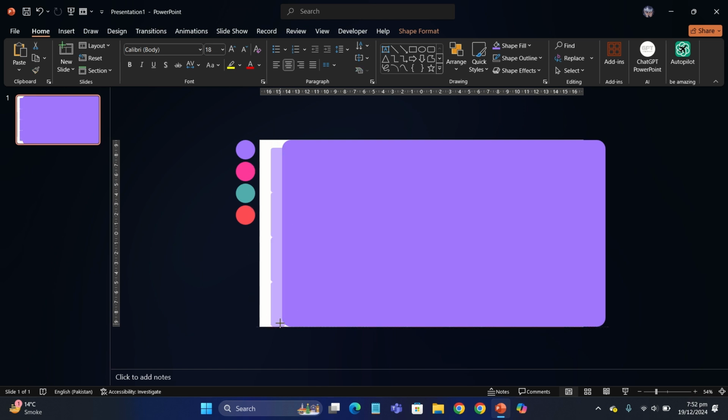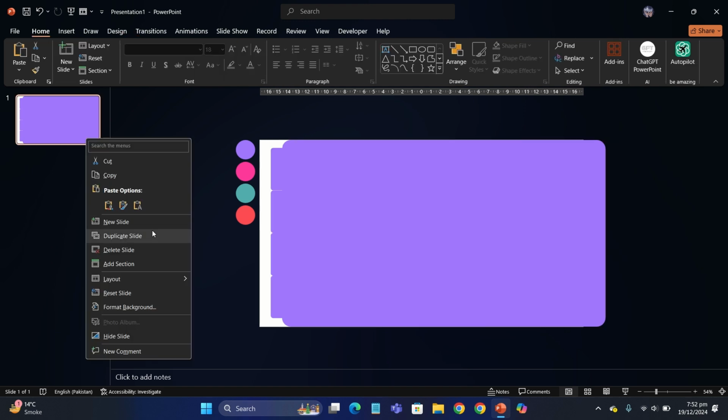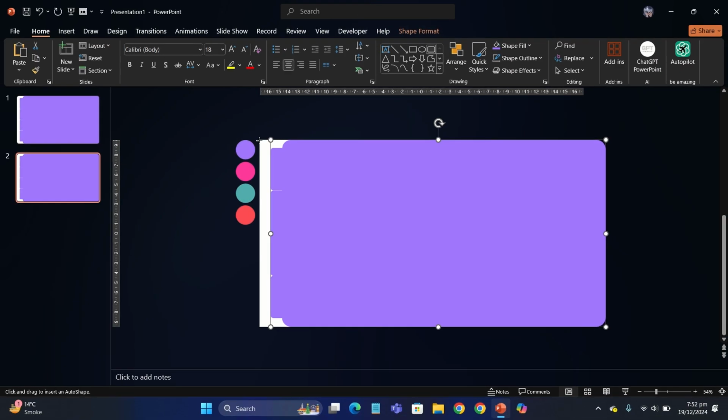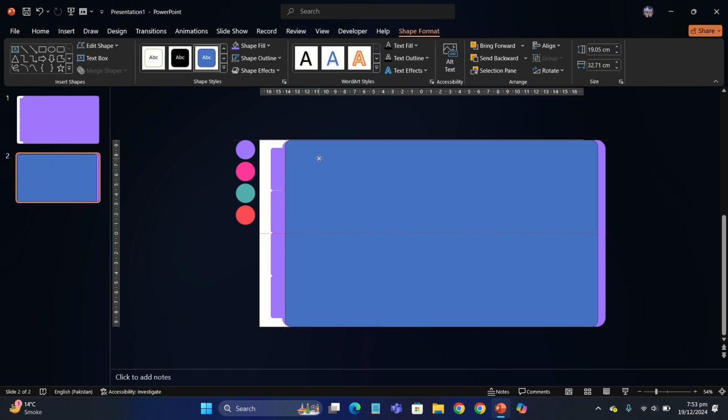Duplicate it about 4 times, group them so that we can see if they are of equal size and put them right here like this. Now ungroup them and we're going to select the first round corner rectangles and then go to merge shapes and unite them. Duplicate the slide and we're going to insert another rounded corner rectangle on our previous rounded